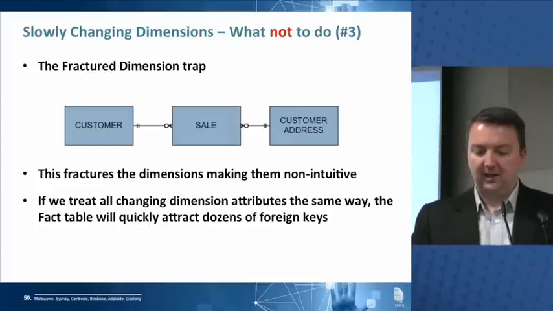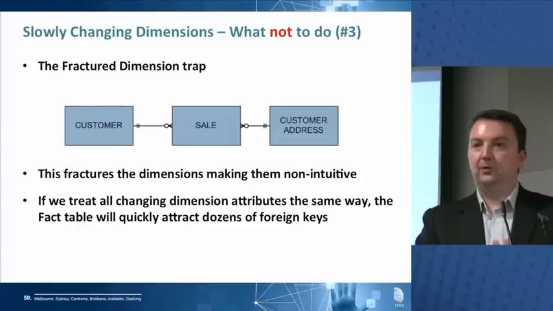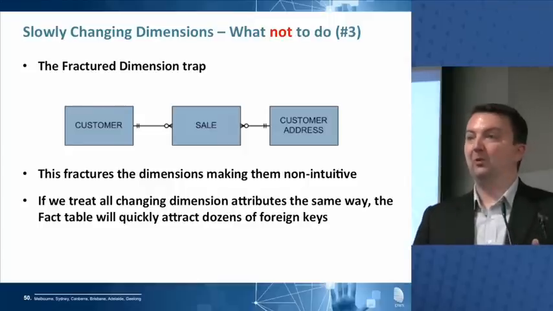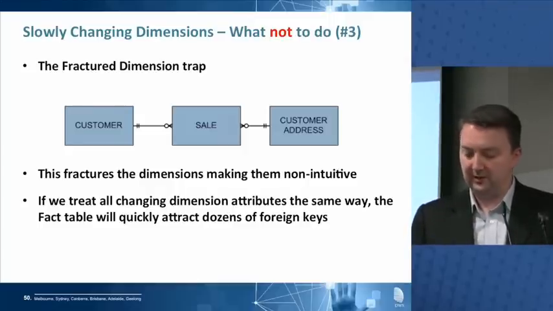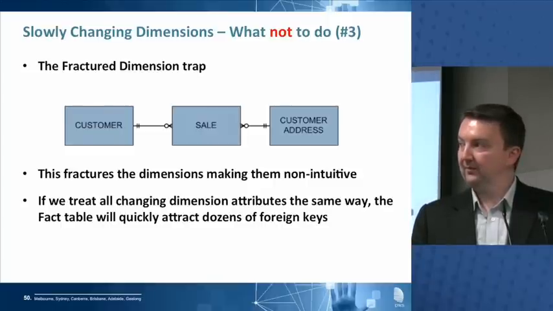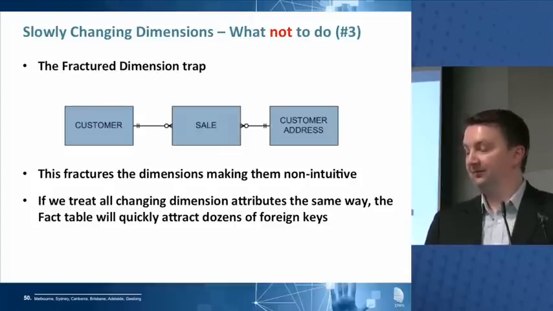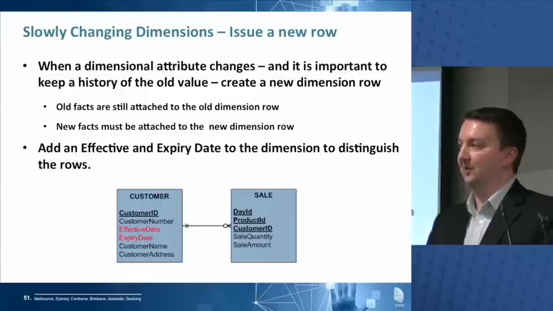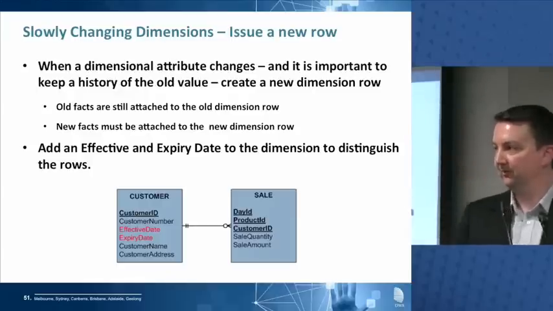And also our fact table, even though it's not bloating up with all of these address entries, it is bloating up a little bit with all these additional foreign keys that we'd store in there. And also, the model makes it hard to actually associate a customer with any of their addresses without going by the sales table. So it's hard to answer questions. Well, it's easy to answer questions about sales. It's harder to answer questions about customers.